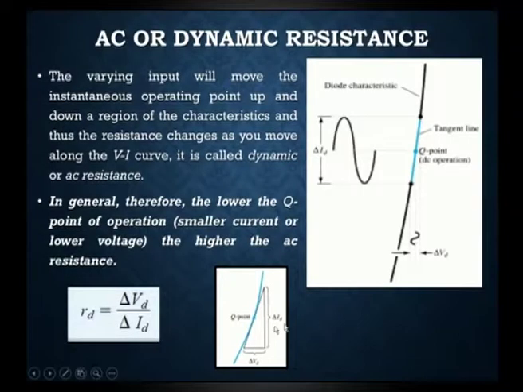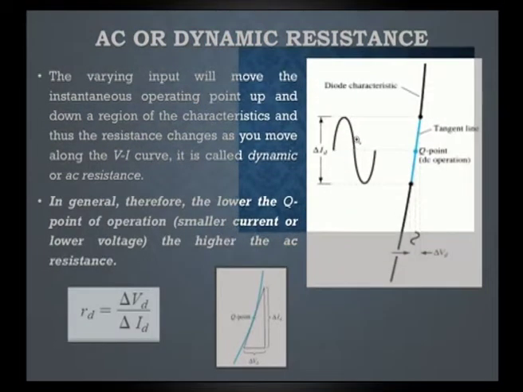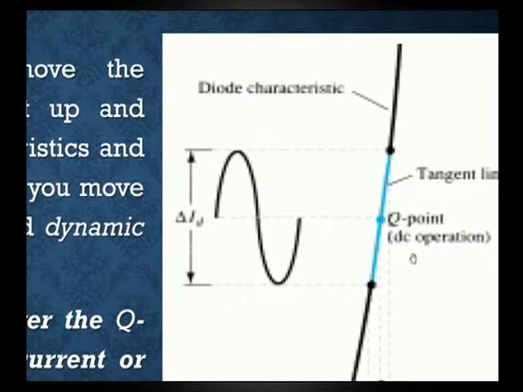This can also be found with the help of the diode characteristics. We can observe the dynamic resistance with the Q point as an operating point. We are considering it here as a DC operating point for reference, where we consider there will be no change in resistance. The blue line indicates the Q point; above this, up to here, we consider a minute or very small finite change in current or voltage. This will lead to a very small change in the resistance value.